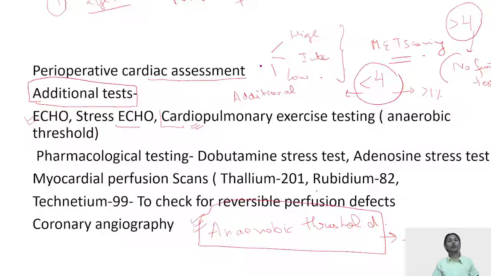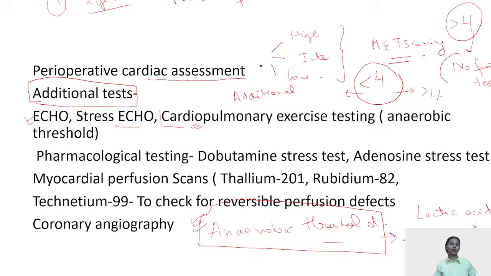What does anaerobic threshold mean? That now the body is no longer able to cope up with the energy production only by using the aerobic metabolism, and thus this increases the production of lactic acid, eventually leading to metabolic acidosis in the patient. Anaerobic threshold, once achieved, will lead to lactic acidosis, and eventually the patient is going to land up in metabolic acidosis.